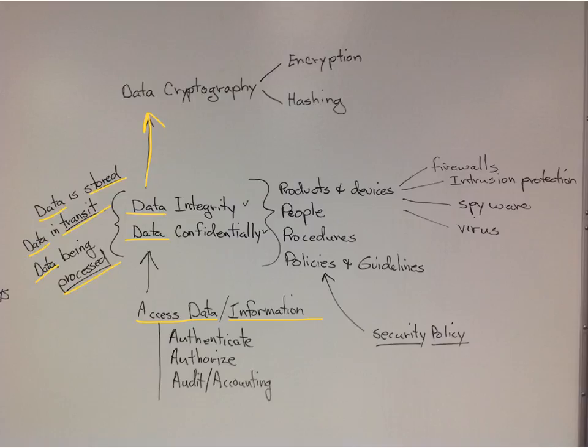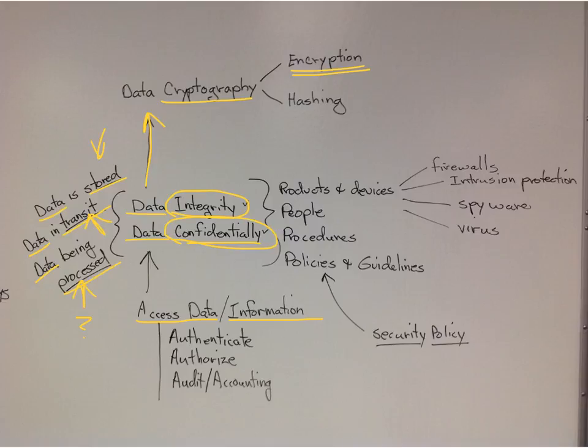So let's talk a little bit about it again. Data integrity. Is the data accurate? Data confidentiality. Who can see what data? Okay? So, confidentiality. For example, cryptography. We can encrypt the data so that people cannot read it. And we can encrypt it when it's stored. We can encrypt it while it's being transported. When it's being processed, it can't be encrypted, basically.